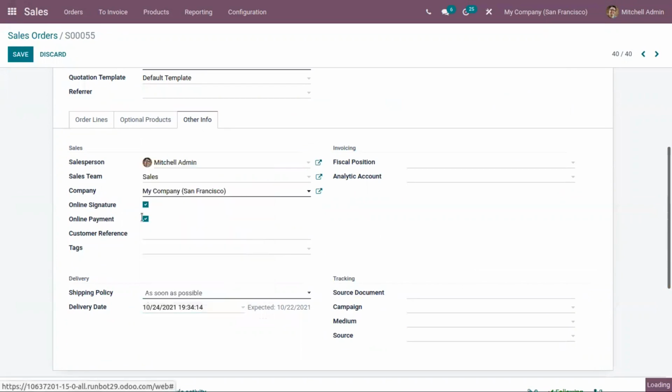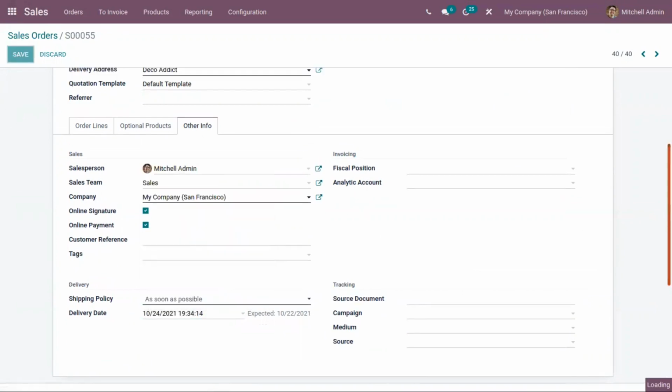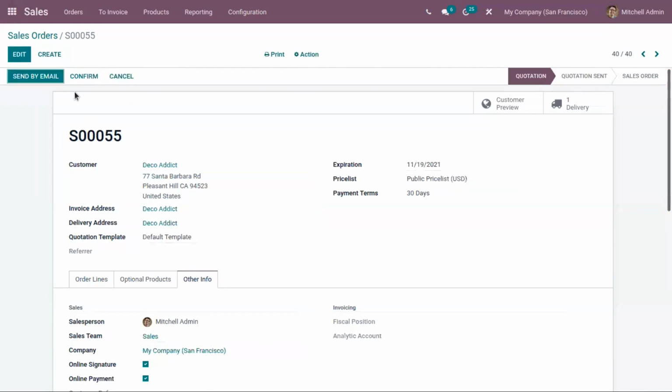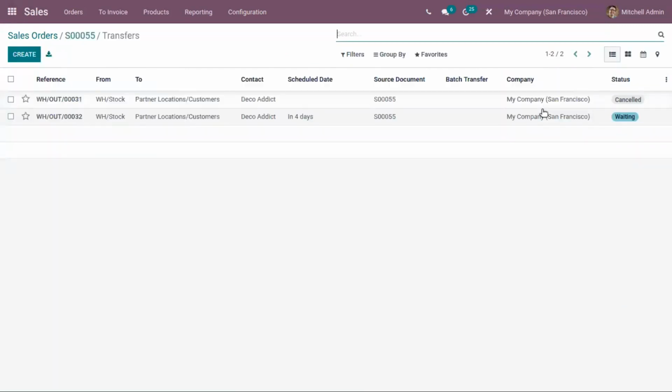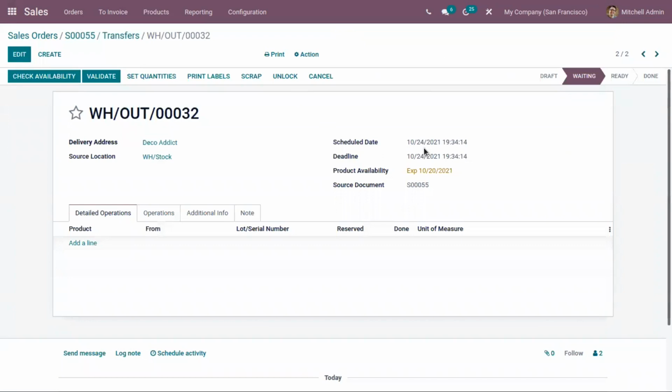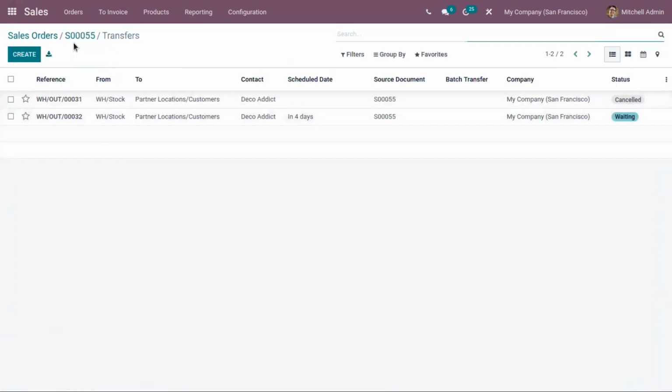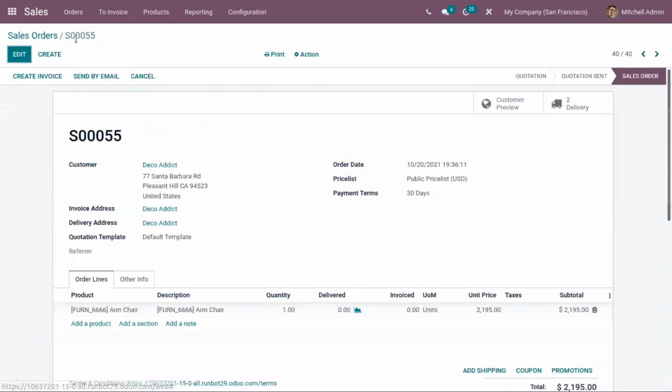Now when you update this and save it, and when you confirm the sale order, you can see the schedule date is in 4 days, and the date is updated. This is because we have changed the expected delivery date inside our sale order form.